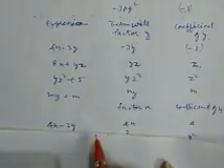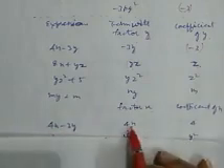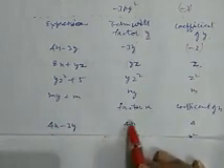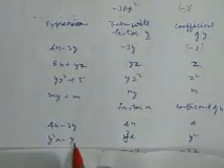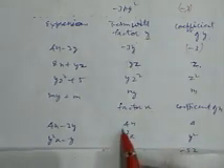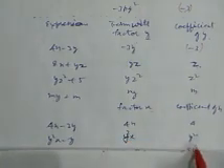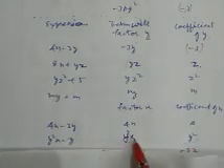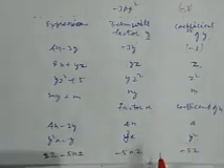Coefficient of x. This is 4x minus 3y. Here the 4x is the term having x, so 4 is the coefficient of x. Now y square x minus y, but this time we are considering the x, so the rest of the things are coefficient. Here the y square is the coefficient of x. Always remember only that variable which we are considering, the rest of the things are coefficient.